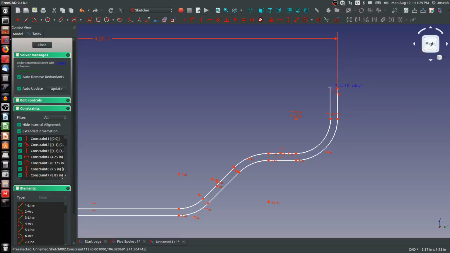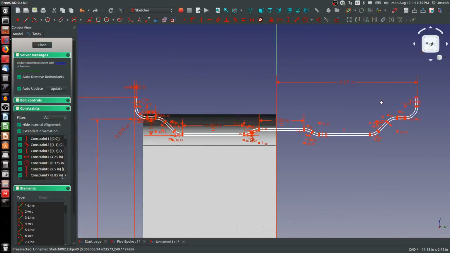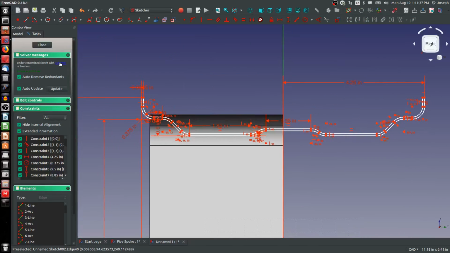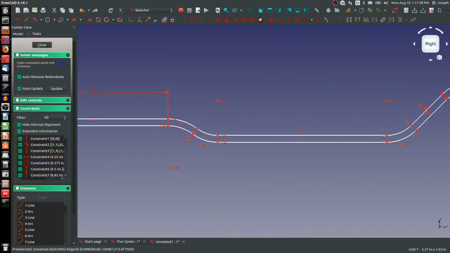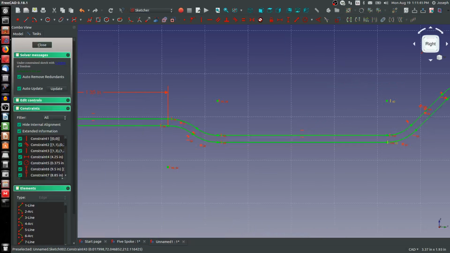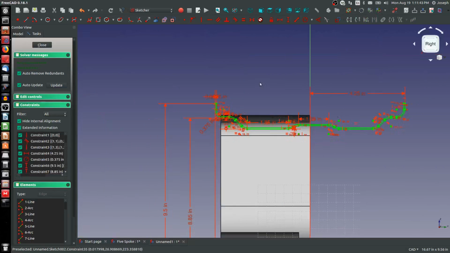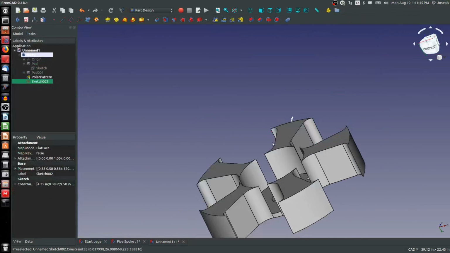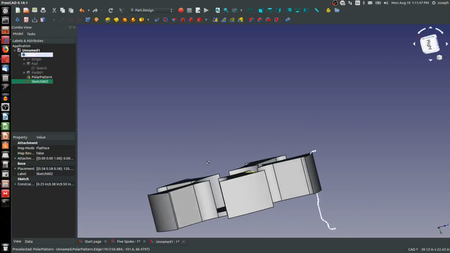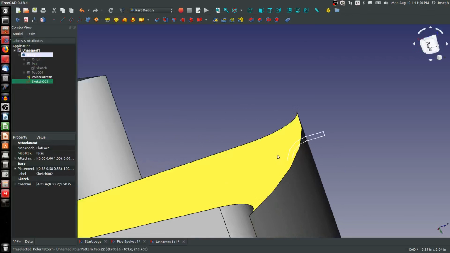And I should have used polyline, but there it is. Make that horizontal with the H key. Now, we've got 1 degree of freedom. Looks like I need to be vertical here. And we're fully constrained. So I'm going to close that, and before I do a revolve, to actually show